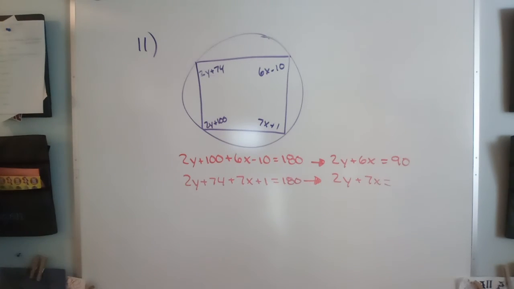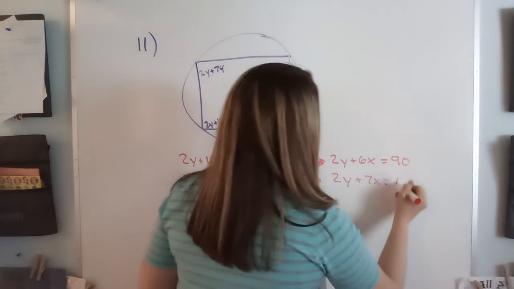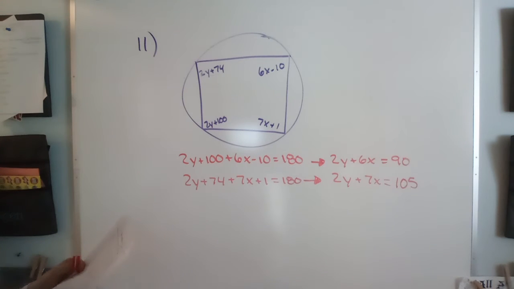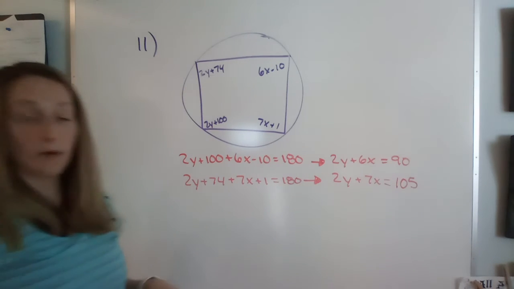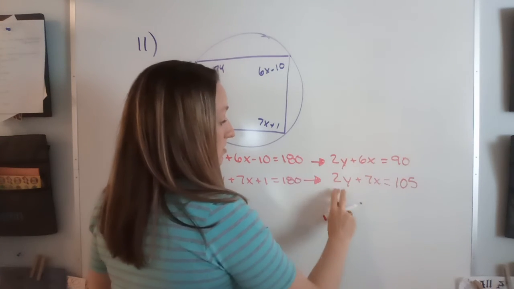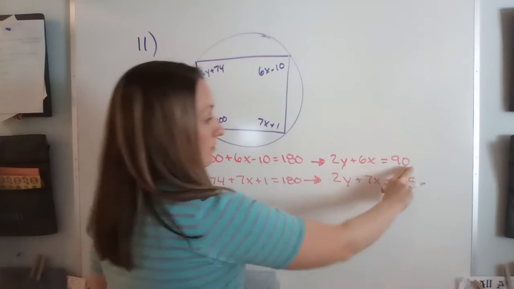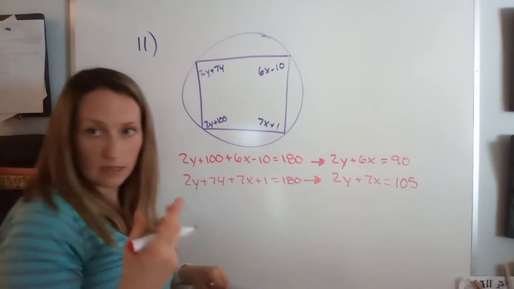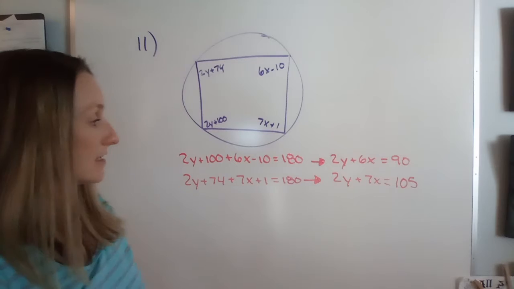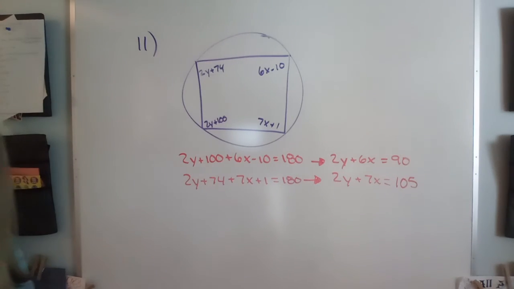And then you have 74 plus 1 to give you 75. Move the 75 over by subtracting to leave you with 105. All right. So from there, it's a system of equations because this equation has two unknowns, two variables, and so does this one. You can't solve this equation for x or y and get an answer, and you can't solve the other one. But together, you can work together and solve for one variable and then substitute back in